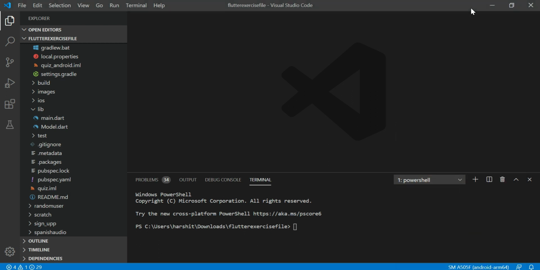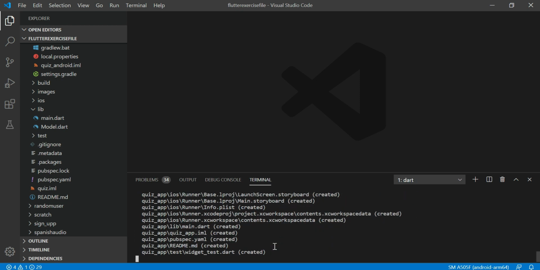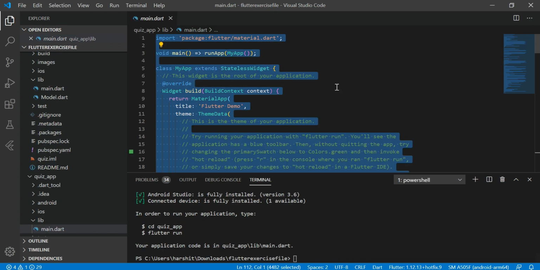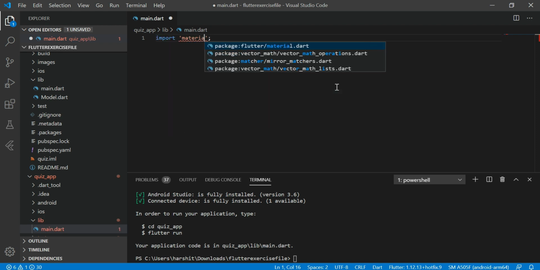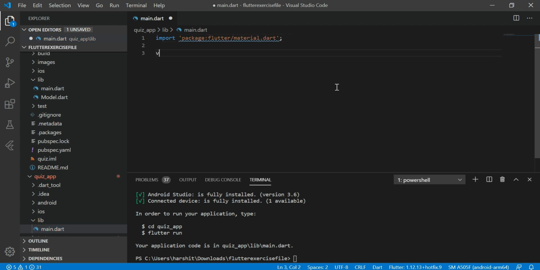Let's create our app, and I name this app quiz app. Let's create. First I'll take down the UI part, and then I'll provide functionality to this app. I guess you know about the basic stuff like what is stateless and stateful widget. If you don't know about this, then I'll drop the link of my Flutter basic tutorial in the description. Watch that basic part first for a better understanding of what is stateful widget and stateless widget.